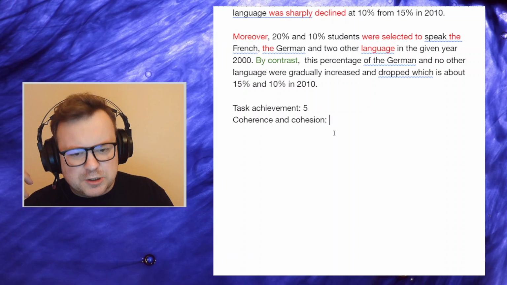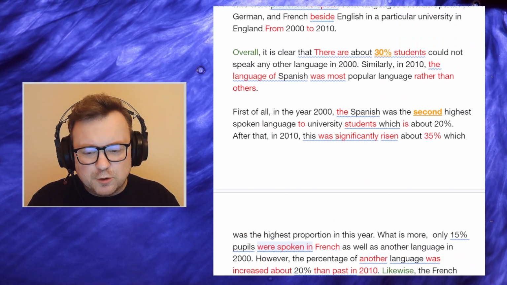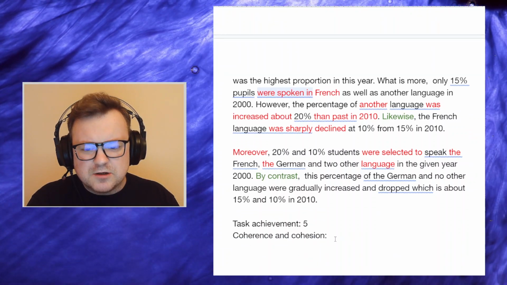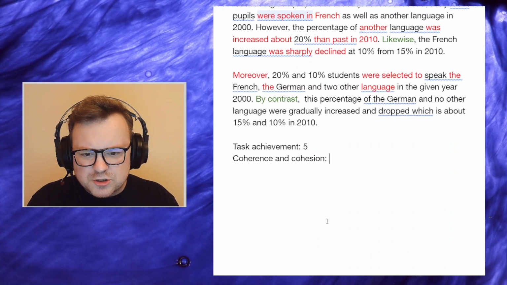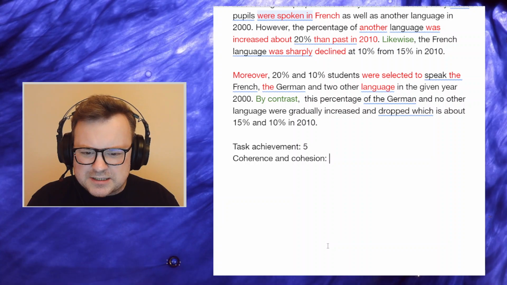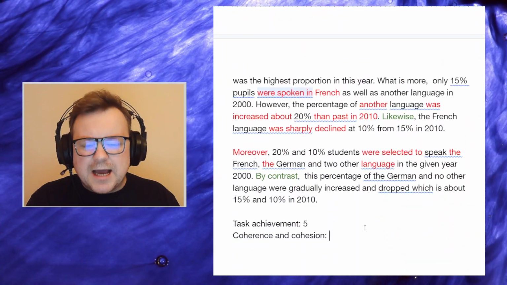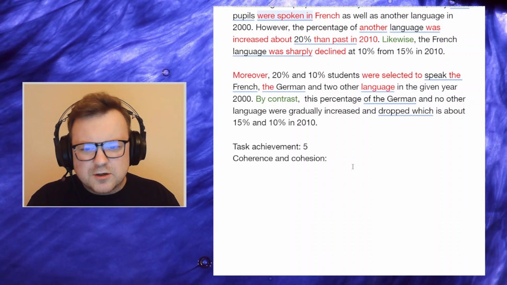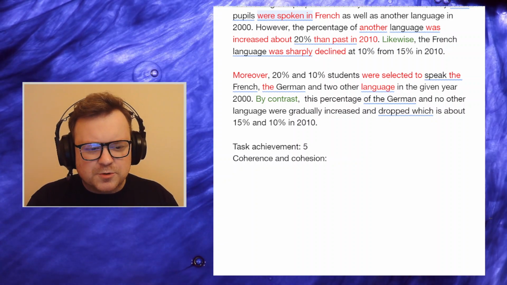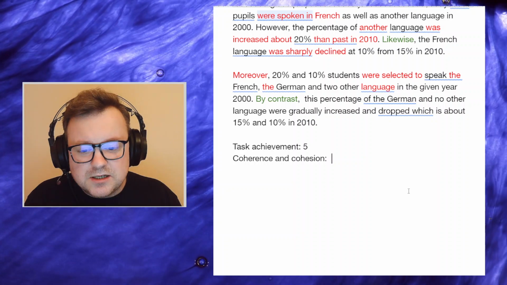So this is a mixed bag because signposting language is good. The paragraph structure generally is appropriate. But sometimes I can't quite make sense of this stuff. So again, I'm going to go back to the band descriptors for this. I feel like probably it's 5, but is there enough for a 6? Because of the nice paragraph structure and the nice signposting language, the nice cohesive devices. I don't love this moreover, but I just want to check again with those band descriptors. Just a moment. Okay, so having checked the band descriptors again, for me there is enough to award the 6